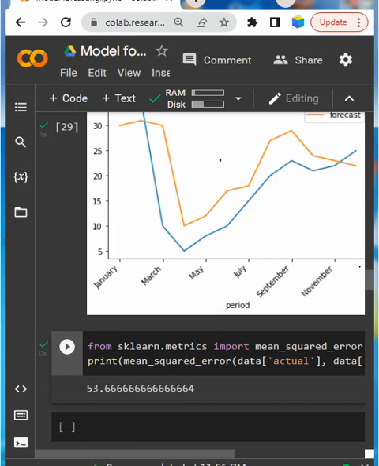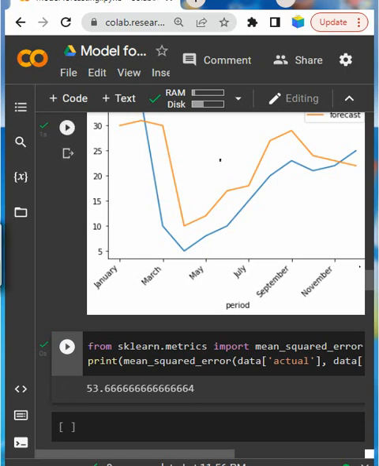Next, RMSE means root mean square error. Root mean square error will equal the square root of the mean square error. So the square root of the mean square error is called root mean square error.